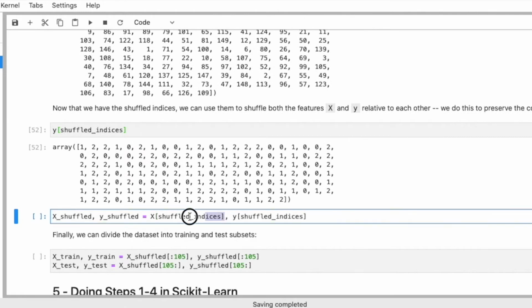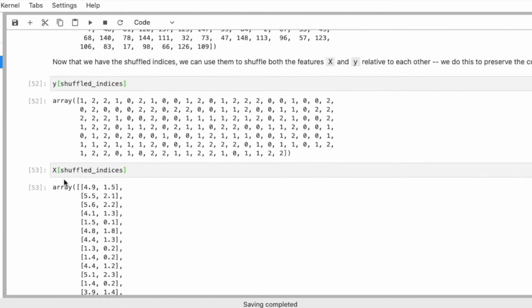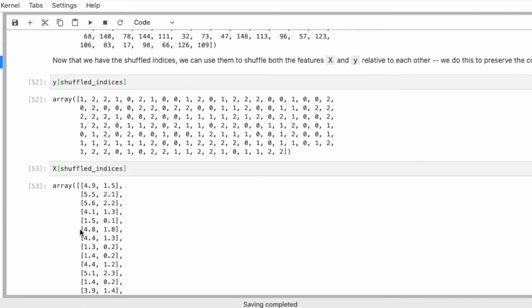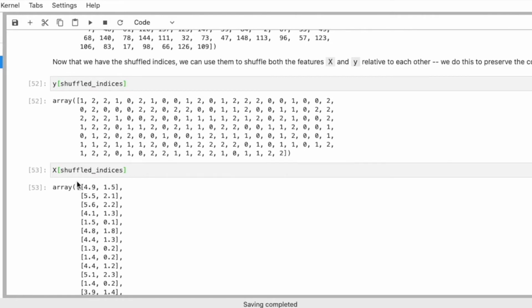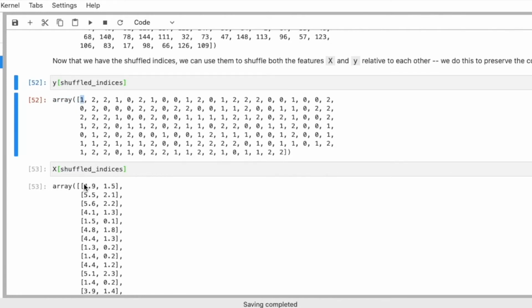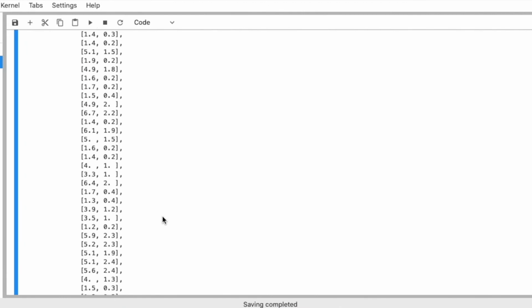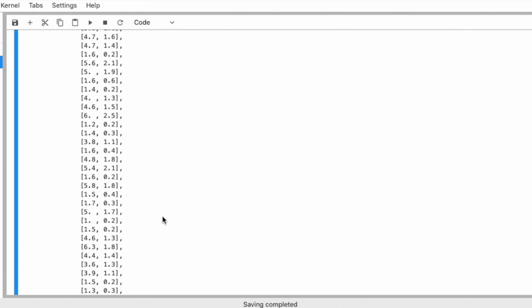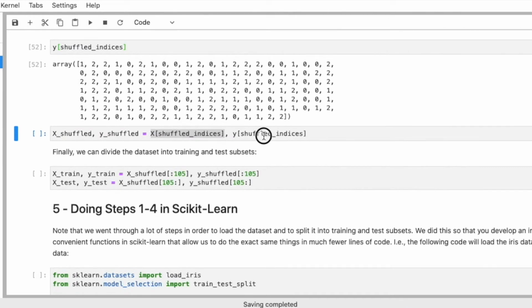And the same is true accordingly for my X array. It will also shuffle all the rows the same way we shuffled the labels, so that each label really corresponds to the right feature values here. So the first label corresponds to this first row and so forth. Oops, it's a lot of stuff here. Let me delete this. So yeah, we are shuffling the data set now.